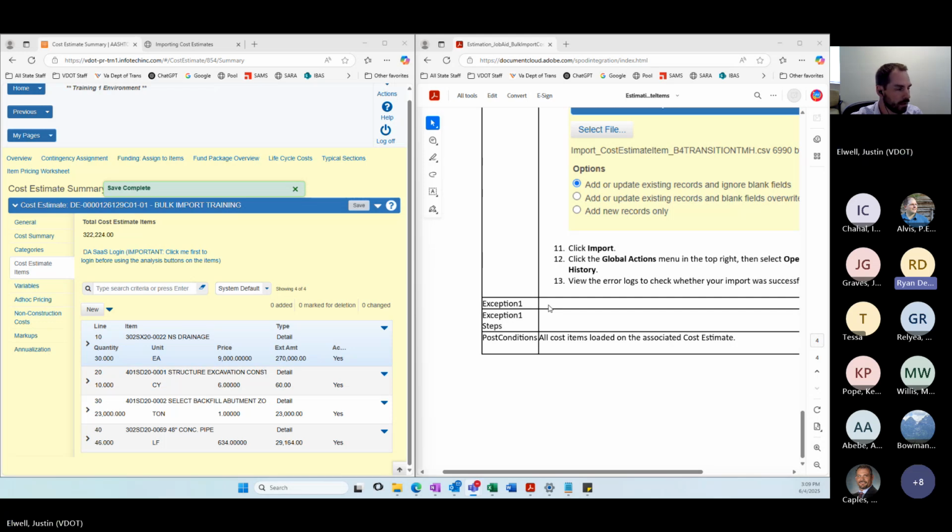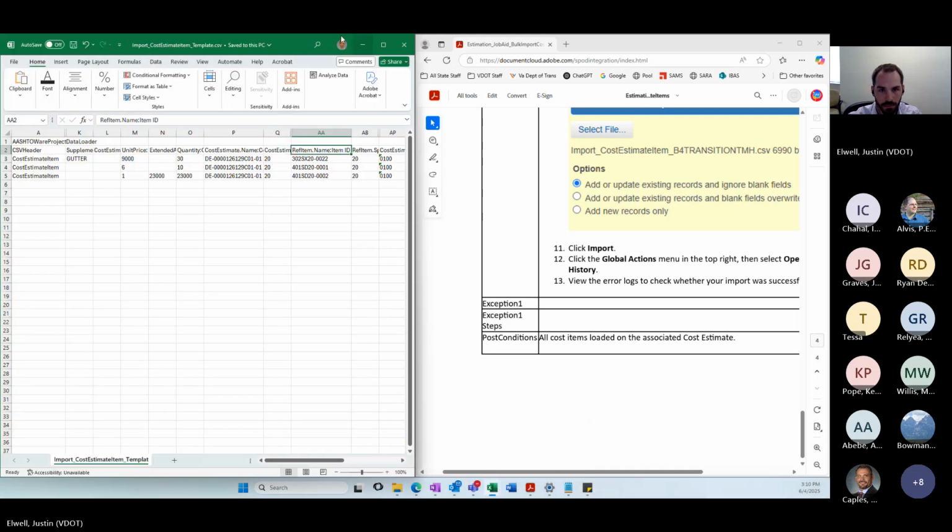I was curious if there's a way where in the future, it looks like there's a bunch of extra columns in the import CSV file. Is that just because the importer's expecting a table with certain fields, or is there a way where in the future maybe we could remove some of those extra fields that we don't need, or put all the required ones all the way on the left?